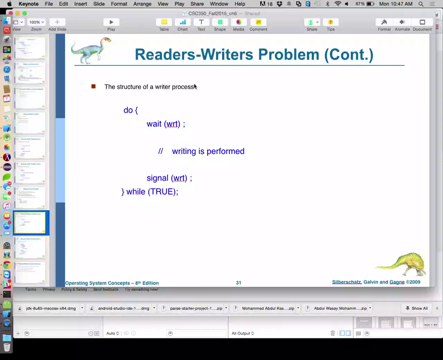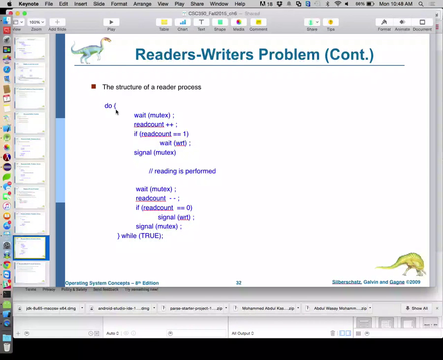So here's the writer process. We wait until we're allowed to write. Then we do our writing. Then we finish writing. One semaphore protects the writing room. Okay? So can we write? If yes, we can go in, we can make any changes, knowing full well that the process that decremented this semaphore, and who's later going to relinquish it by incrementing that semaphore, is the only one who can possibly be writing right now. So that's what the wrt semaphore is used for.